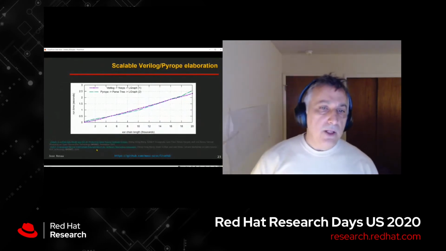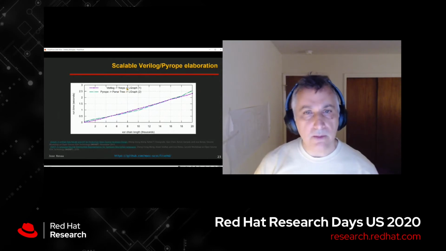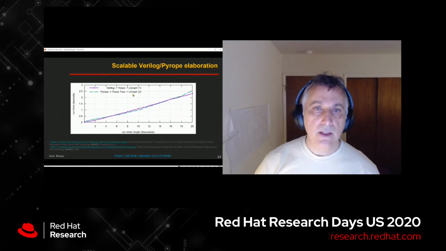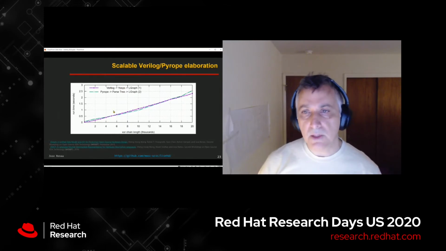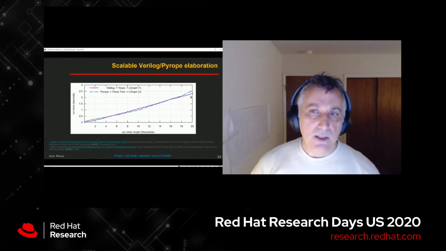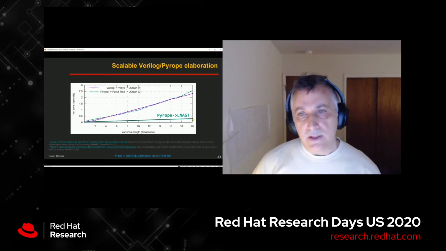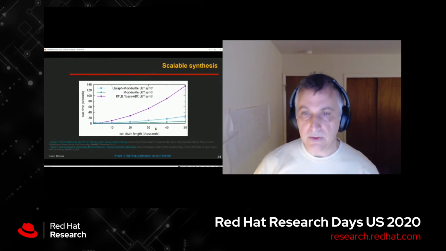Now, we have several publications showing the scalability, and this is already in LiveHD. This is a flow with another open source flow that maybe is the most popular now, called Yosys, translating from Verilog, and then that was with Pyro. This is what it was 1 year ago. Maybe I have time to do a little demo. You will see that we are getting much faster than this. This is the flow that we are having now, when we go through the LNAS representation instead of going through the internal representation tree.